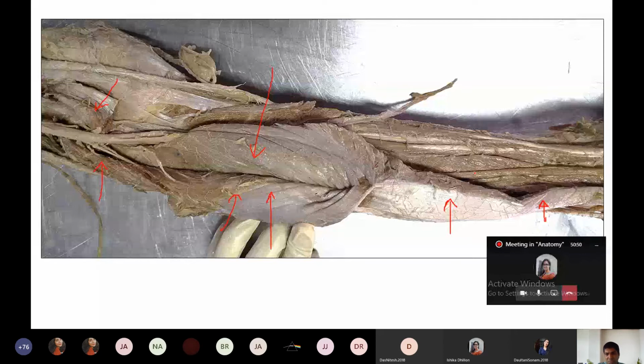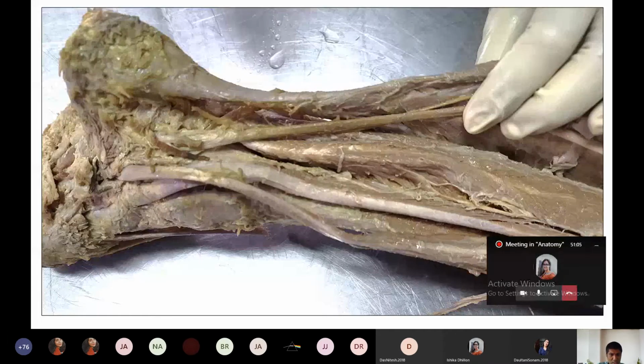And now here in this view, you can identify another important structure. This one is the continuity of the tibial nerve. See here, this one is the tibial nerve. And now I'm taking you to another structure. Here you can enumerate all the structures which are lying in the posterior compartment of the leg, deeper to this triceps surae. So this one is the tibial nerve. Here it is confusing. You please see it precisely.